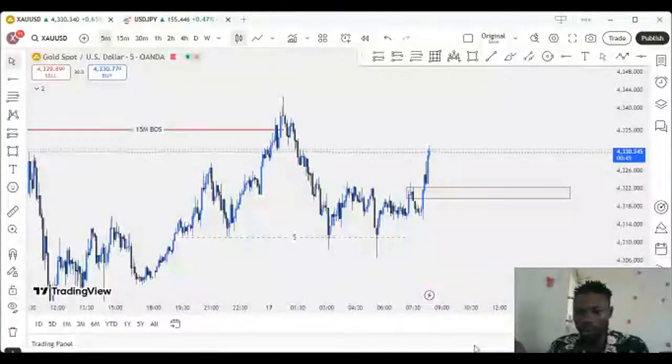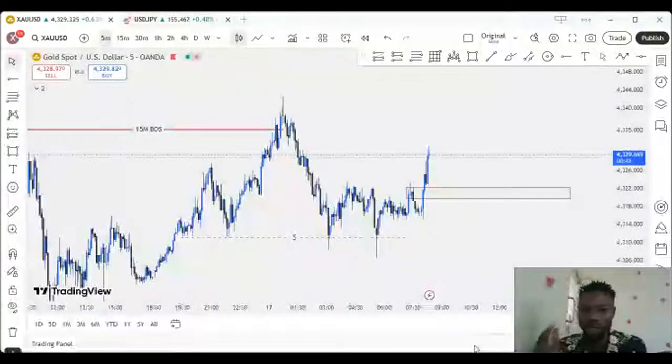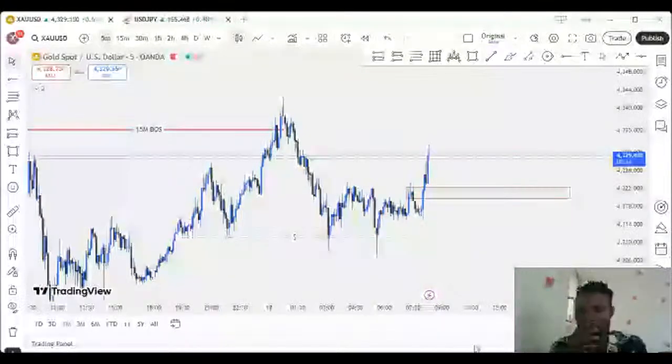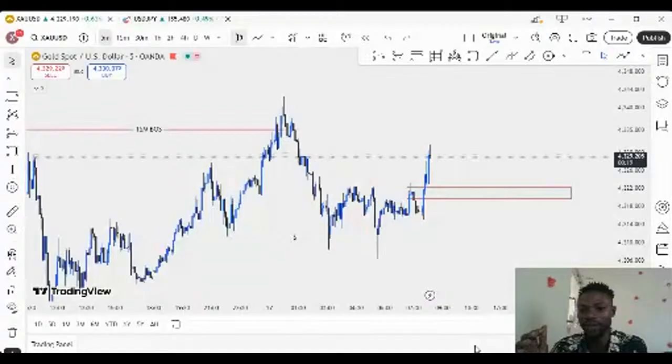If you don't know how to manage risk, how will you know how to position yourself for the next trade? Are you getting my point? So risk management is one of the keys in trading. There's no way you can say you want to become a successful trader without applying proper risk management in your trading. You and I know that we are not the ones in control of this market, and no matter the strategy you are applying, you definitely will have a losing trade. When you manage your risk very well, you will not blow your account. You'll be scaling up your account.